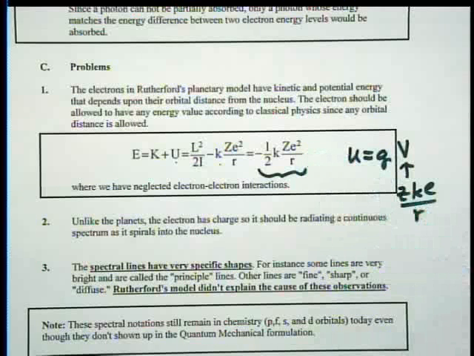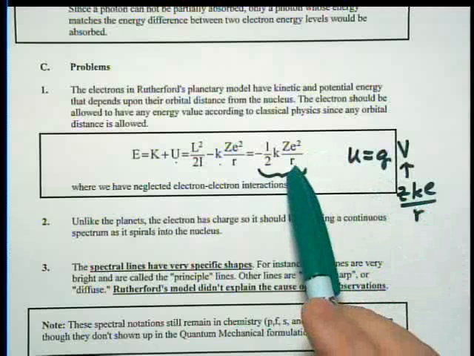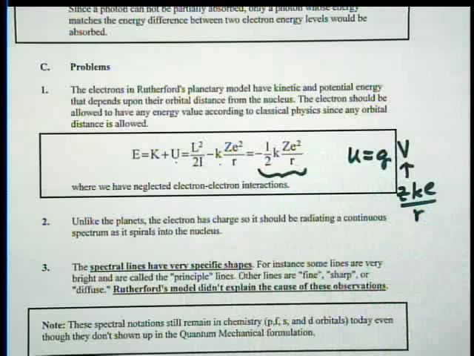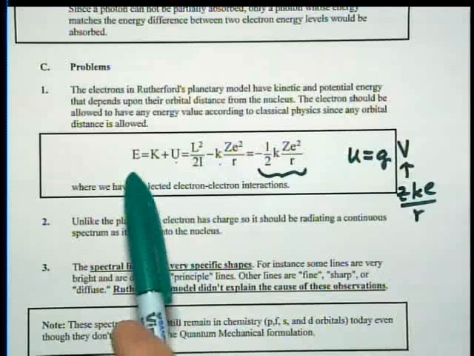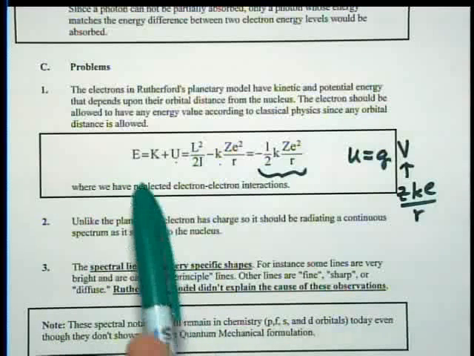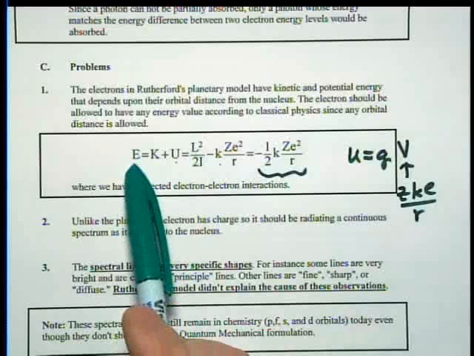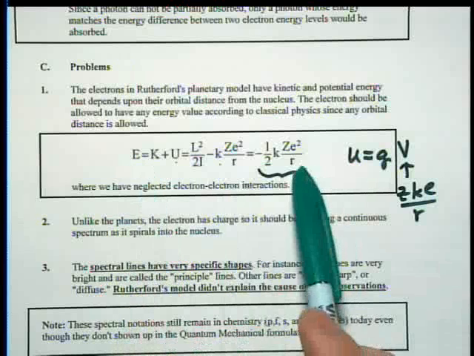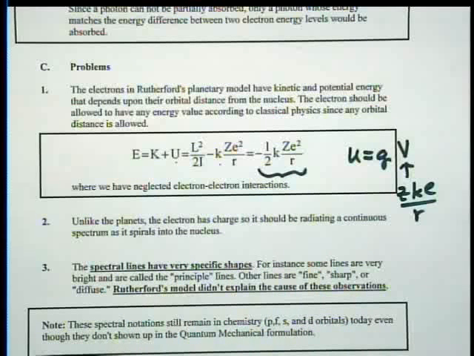His problem was this. If r is the distance from the center of the proton, why can't it just take on any value of r at once? And if it can take on any value of r, it can have any energy E. And if it can have any energy E, then it can make transitions between any distance r, and you can get a continuous spectrum. What causes this thing to be discrete? The only way it can be is if the r's are discrete. In other words, the only way you can get discrete energy levels is if you have discrete orbits.